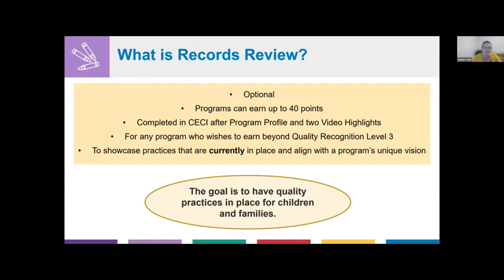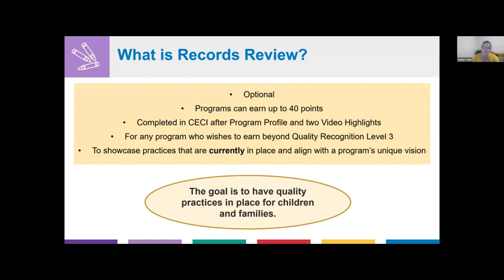Okay. So to summarize what we just talked about, records review is an optional component where programs can earn up to 40 points. It's completed in CC after program profile and 2 video highlights. It's for any program who wishes to move beyond an early achievers quality recognition level 3. Programs can opt into the quality standard areas of records review that are currently implemented for children and families.